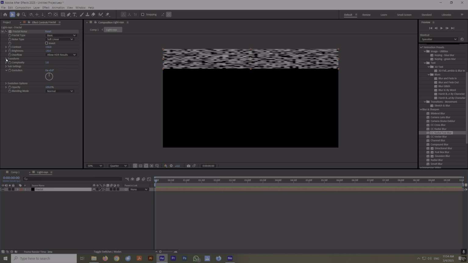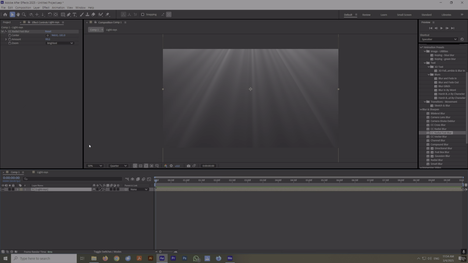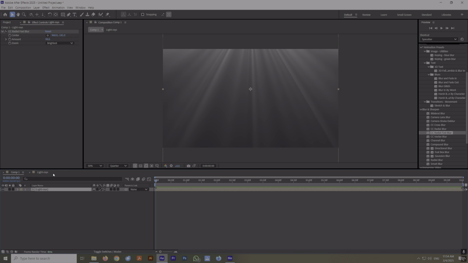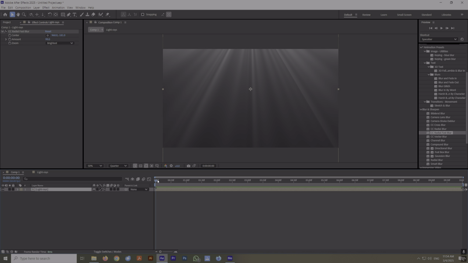Let's go to fractal noise and transform and scale it down a little bit more, so we have thinner rays coming out. And let's decrease brightness. Okay, now let's